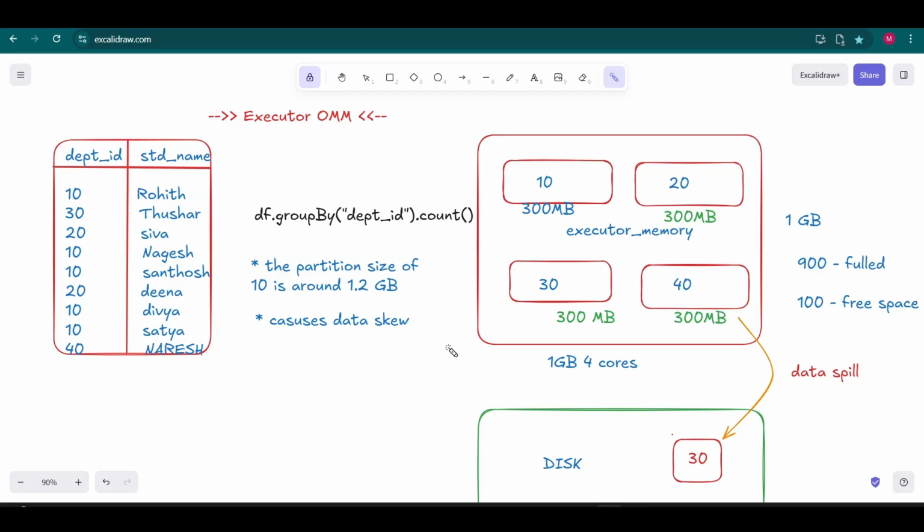So what does data skewness mean? When an executor is unable to handle an amount of data greater than its memory size, at that time we get something called data skewness. And what is the fix for that? The fix is